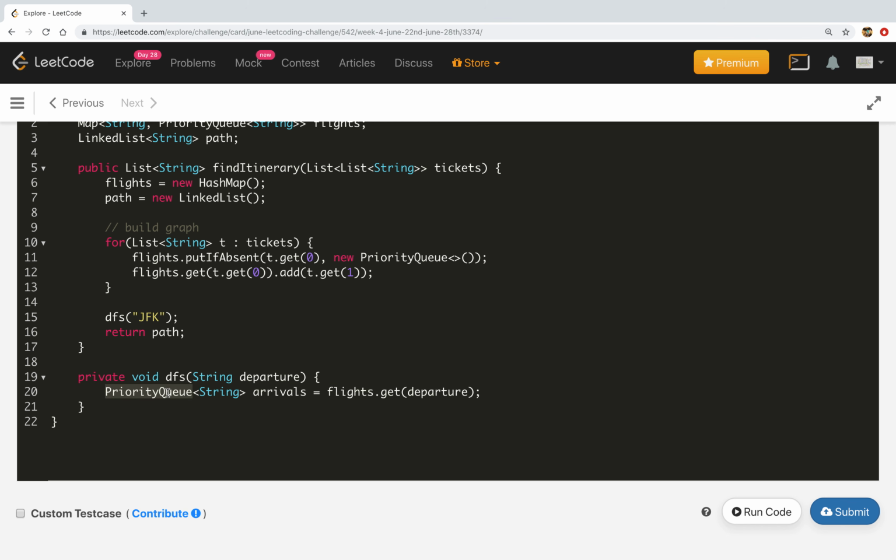So we got all the arrivals. Now we will check if arrivals is not equal to null and arrivals is not empty.